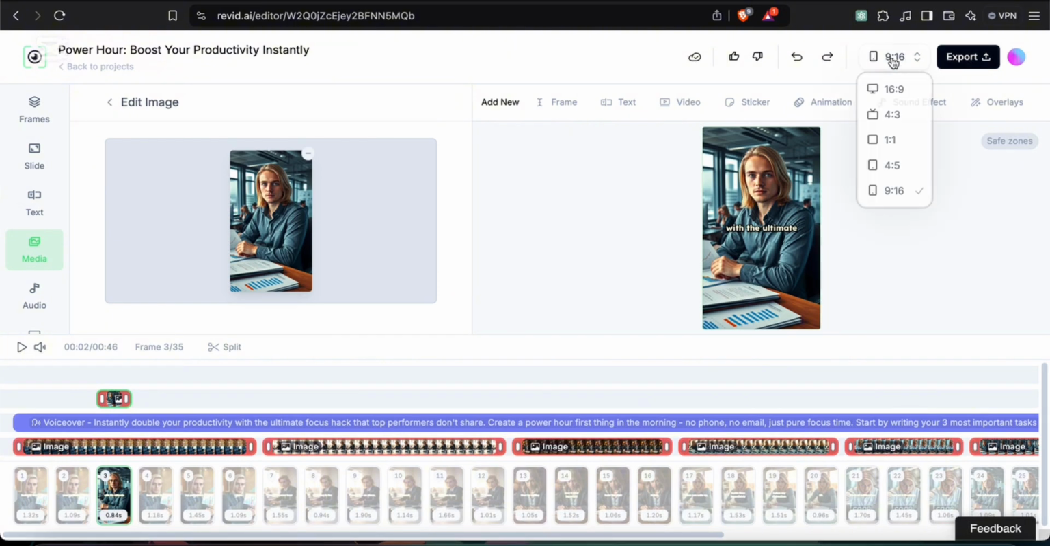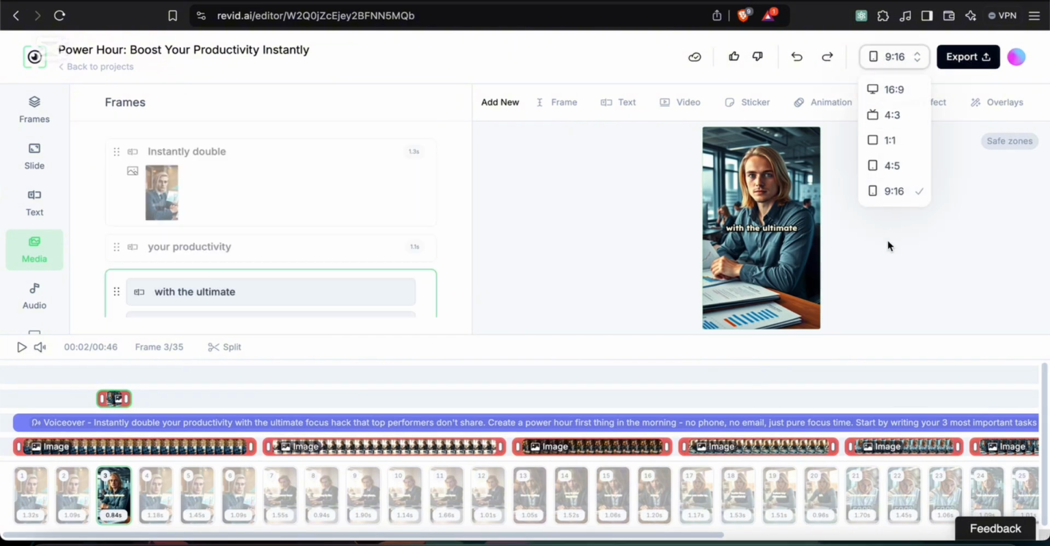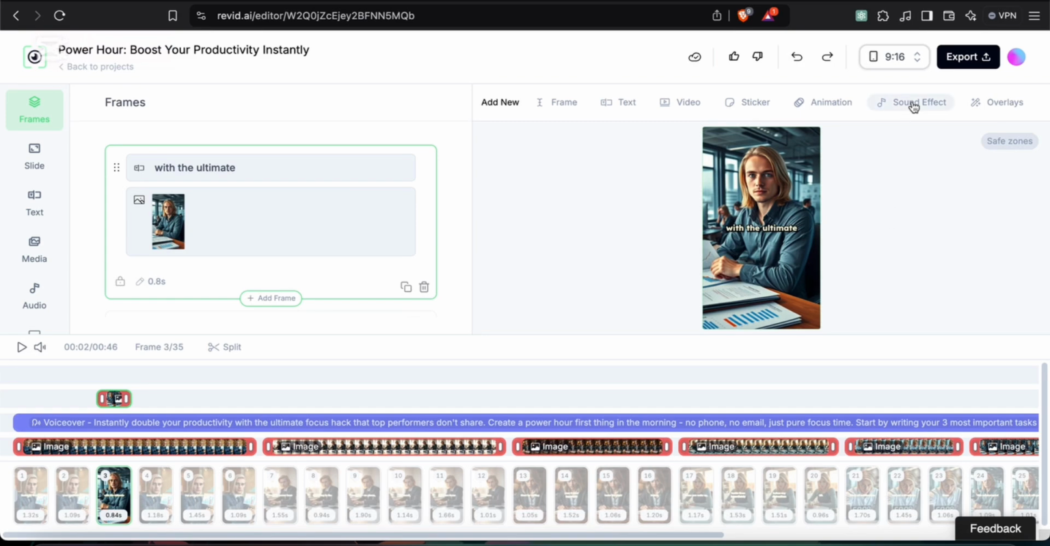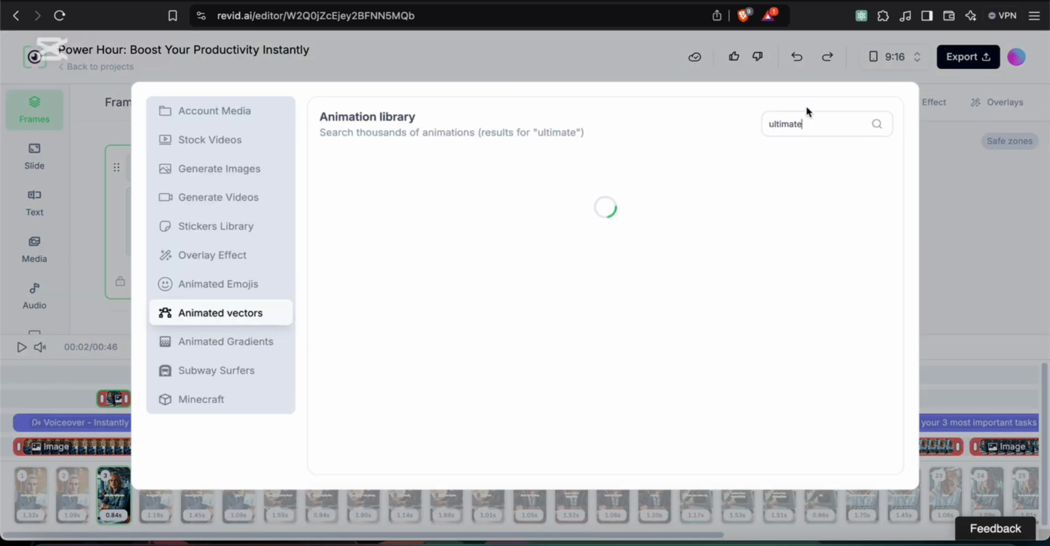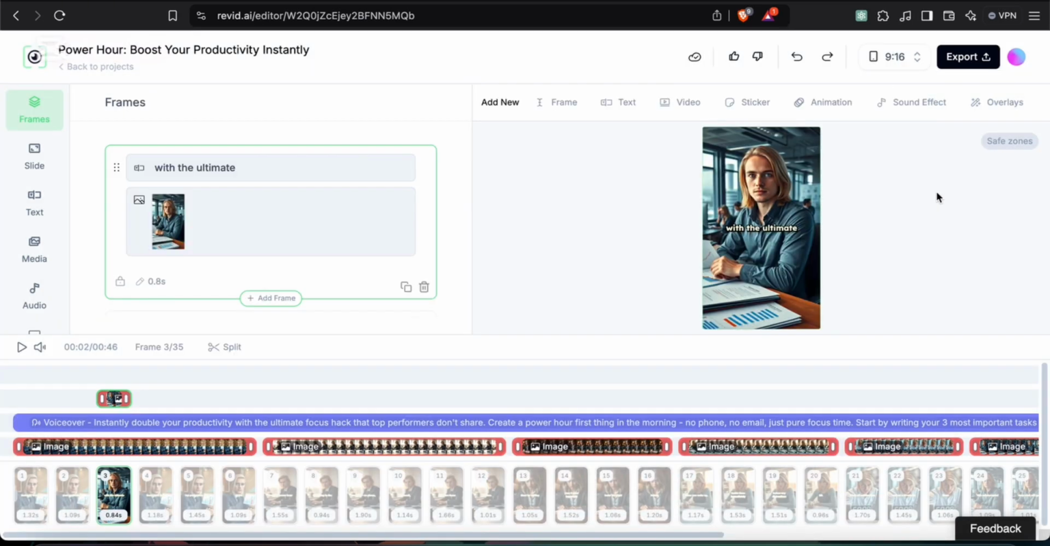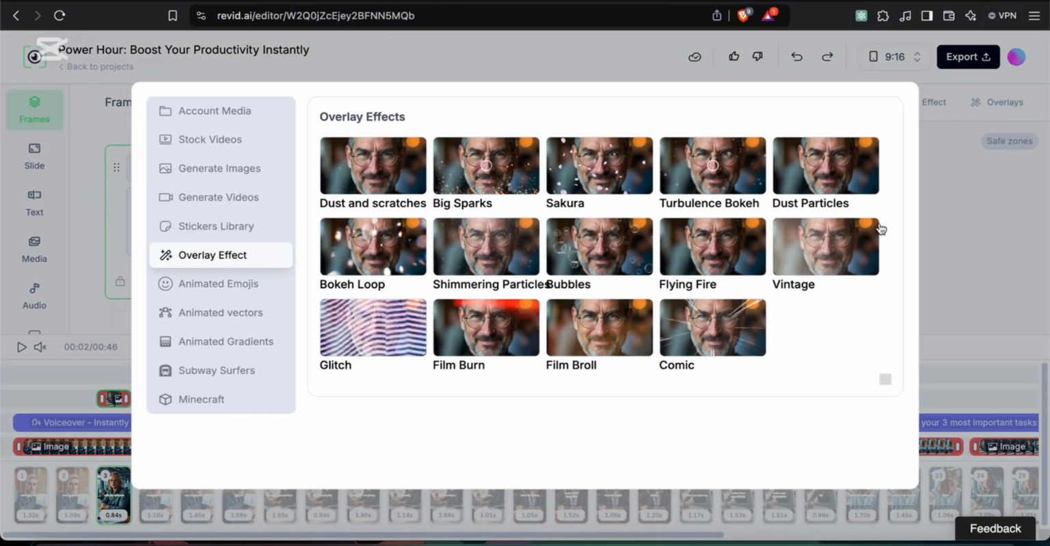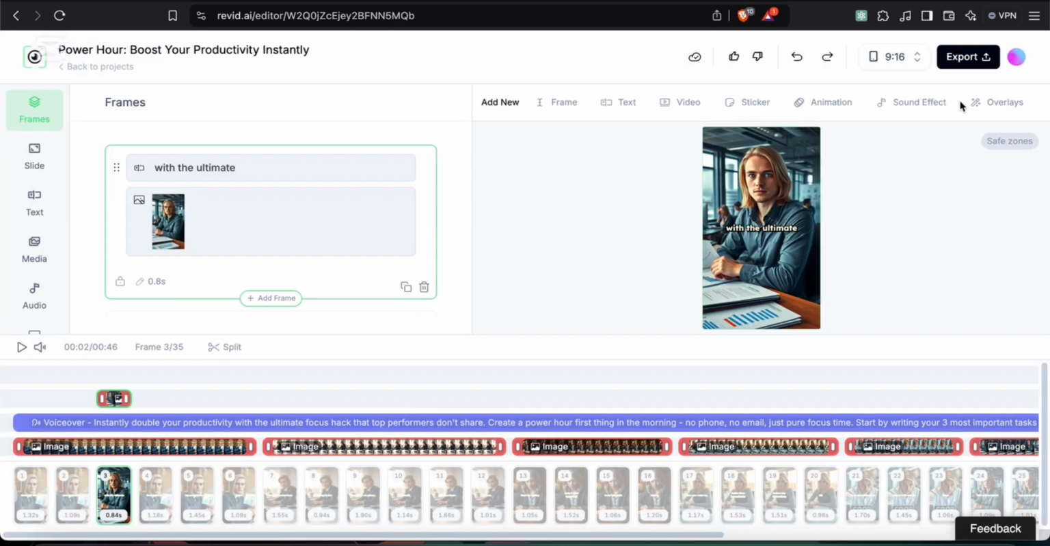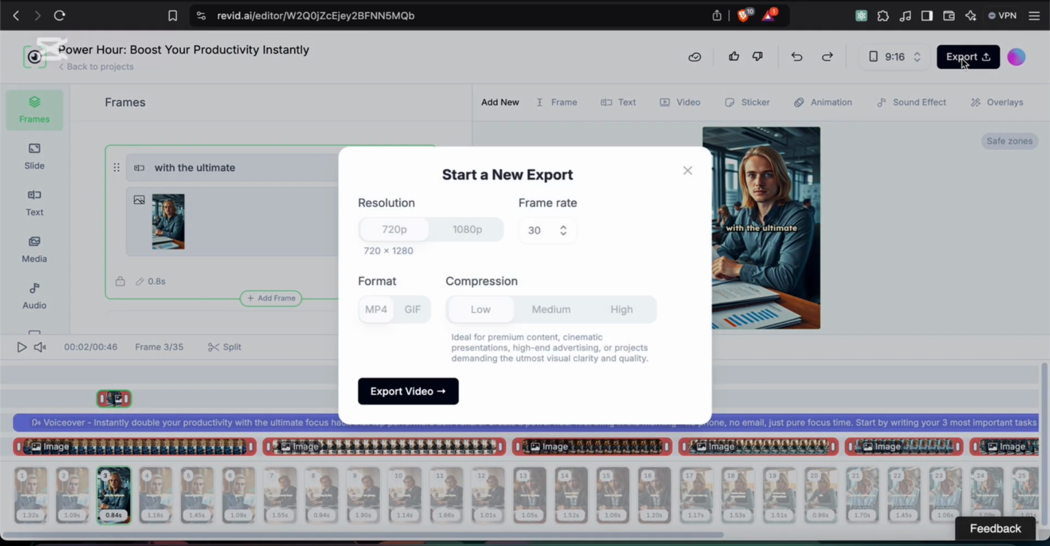right here, and make sure that you set it at 9:16 if you want to share it to social media to highlight your webinar. You can use the animations right here to add animations like movement or anything, but revid.ai will take care of that. And you can see the overlays if you want to add filters to your webinar video. Click export at the top right and make sure that it stays the same settings as shown, and click export